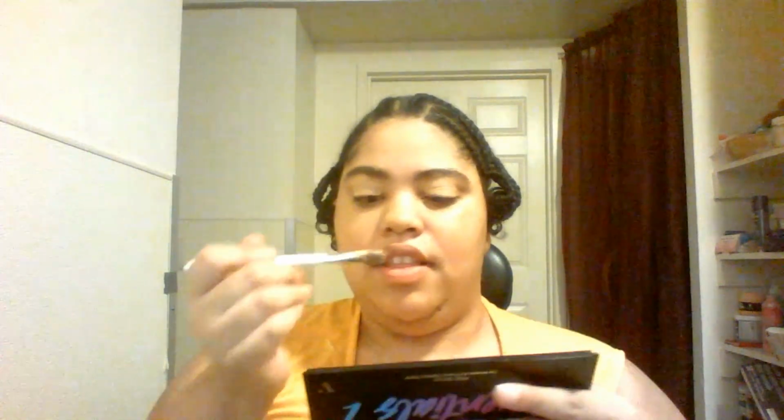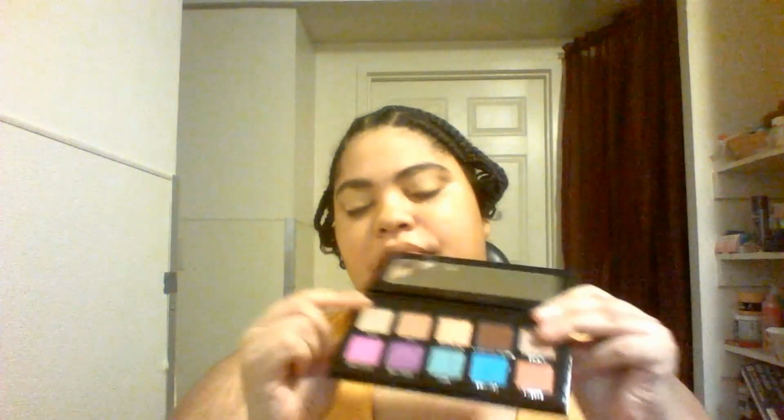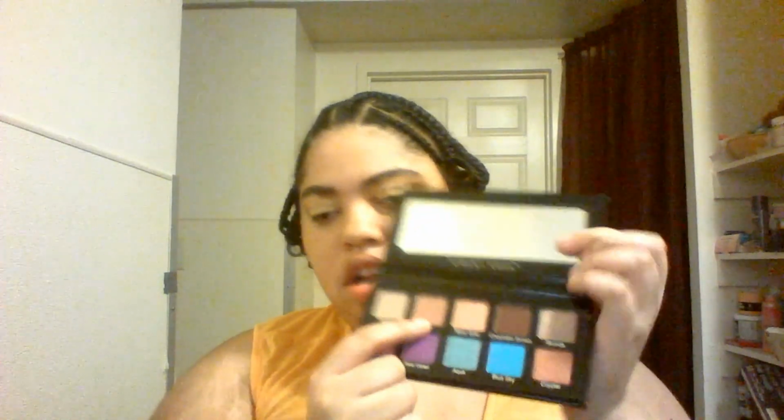Now I'm going to give this a second to dry a little bit, but still tacky once it's blended in. It is blended. You can see the sand colors on my eyes. So we are going to dip into, I usually use the lightest shade, which is beige. I would use the lightest shade, but since I'm going to be going for a darker crease, I'm going to start with the middle shade, Clay,